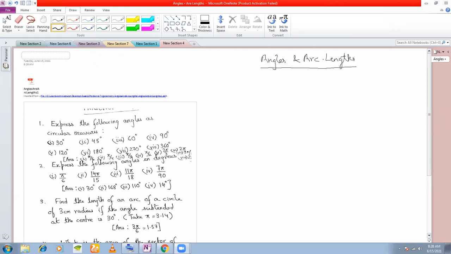We'll be using cosec square theta is equal to 1 plus cot square theta and sec square theta is equal to 1 plus tan square theta. All your square relations that are there, sine square theta plus cos square theta. These we will be using, the square relations. Reciprocal relations also we will be using, that is sine theta is equal to 1 by cosec theta and all that.